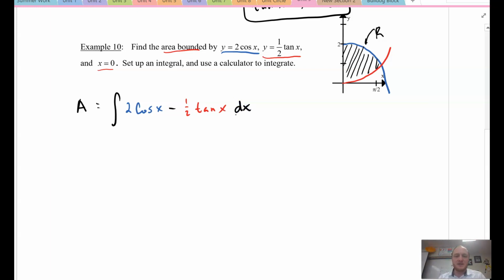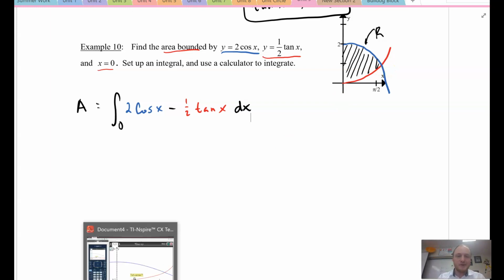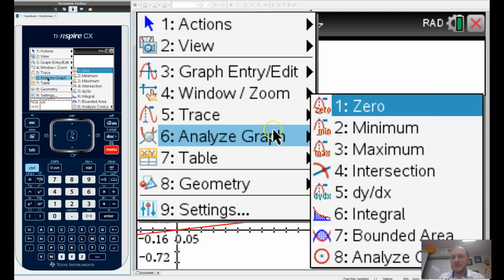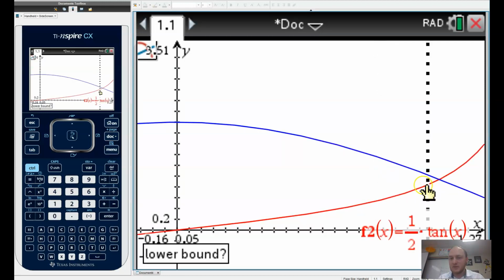Now the only thing I'm missing is my bounds, okay, so bound 0, right, that's going to be our left bound, and then what about our right bound? I don't know this intersection location, so, well, I can go menu, I can analyze this graph to find the intersection,